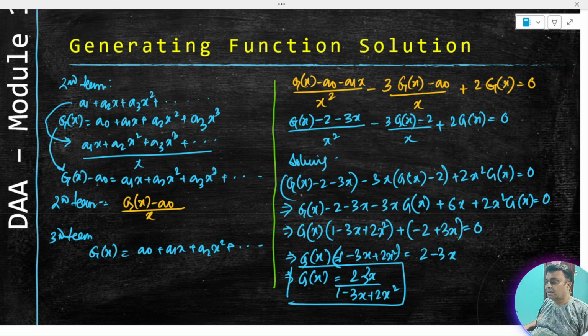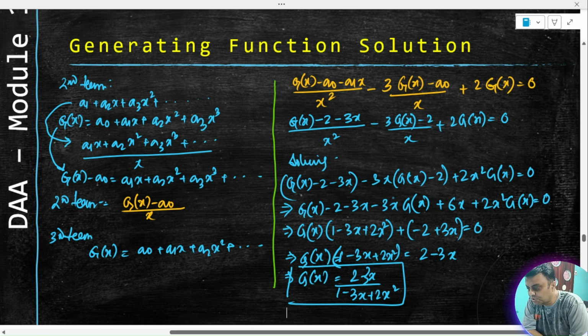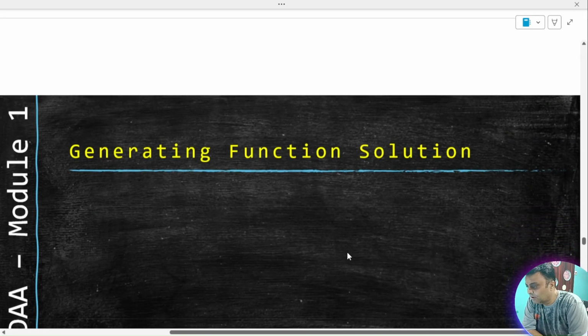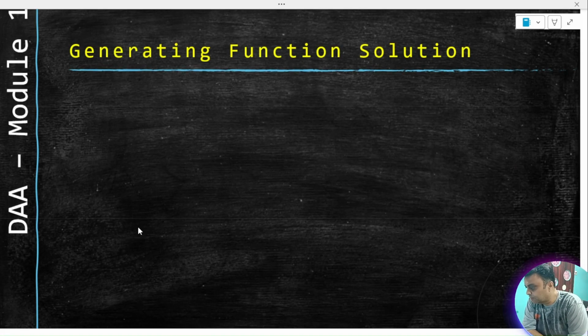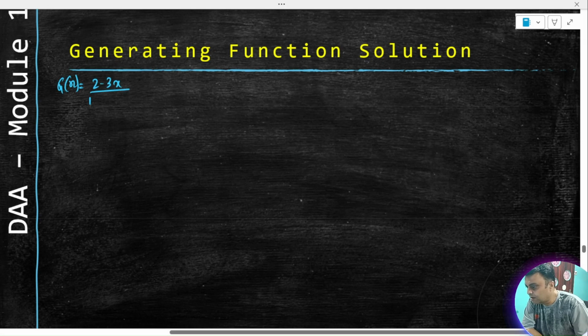If you remember, I had given this in the beginning of this lecture, that if you have a problem like this, how can you convert it into a partial fraction, right? How can you decompose it into a partial fraction? So we will decompose this gx into a partial fraction now. So let us take the decomposition here. Let me write this here again for your reference. We had got gx as (2 minus 3x) divided by (1 minus 3x plus 2x square), right? So if we factor the denominator,